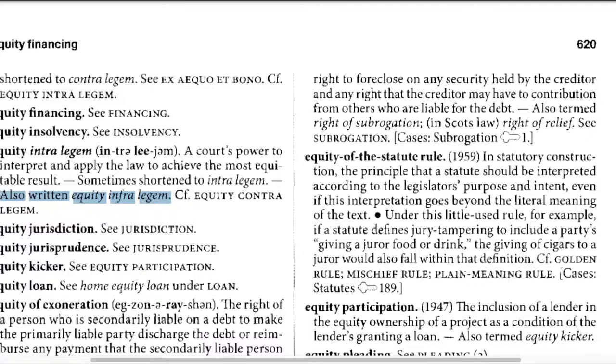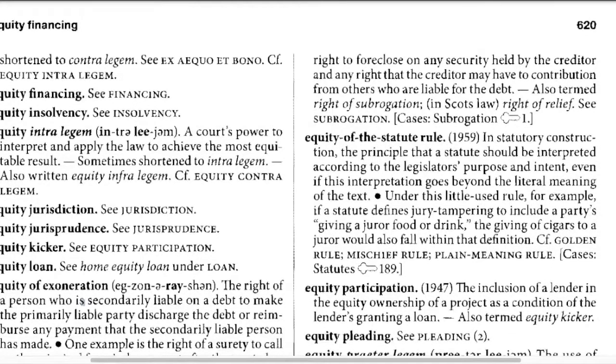So this is an interesting thing here, infra and intra, but intra legem is a court's power to interpret and apply the law to achieve the most equitable result. So you can make a motion for equity intra legem because perhaps there's an unbalance of power, and the laws to achieve the most equitable outcome would need some type of court's interpretation that would be outside of a standard one. Equity jurisdiction, equity jurisprudence, equity kicker, equity loan, equity exoneration, the right of a person who is secondarily liable on a debt to make the primary